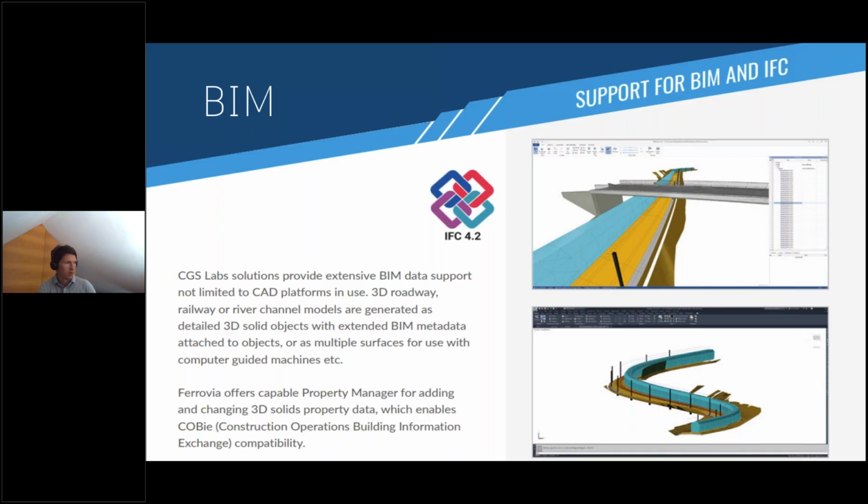This one was already covered today. What's important is that currently we have the IFC 4.2 file format that we support. We are working on 4.3, where export of alignments, profiles, and cant data will also be possible, in the IFC file format, and import from it. Today what I showed you was using LandXML, but we are working on this 4.3 file format, as are other